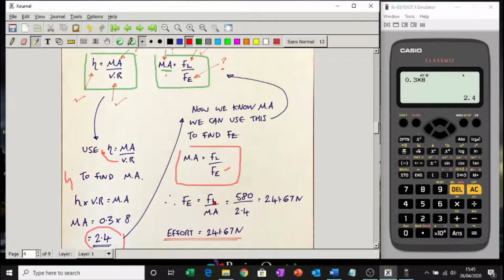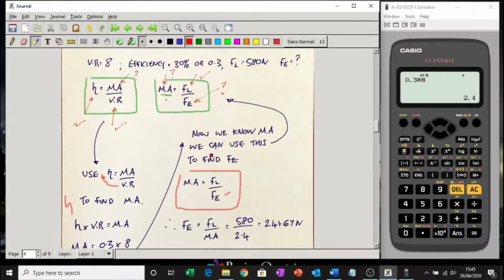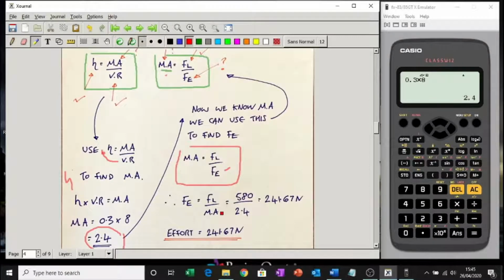So FE is going to be the load over mechanical advantage. We know FL is 580, and the mechanical advantage is 2.4. So 580 divided by 2.4 will give us the effort,